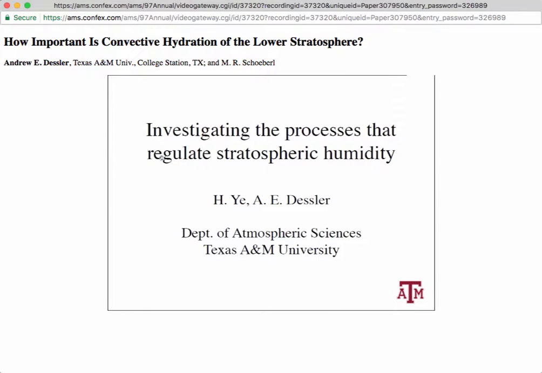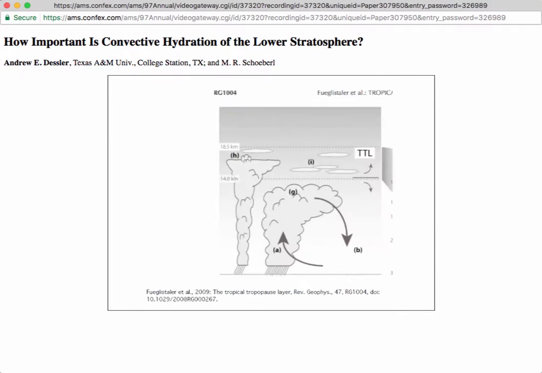Thanks. So I'm going to talk about variability of water in the UTLS, and this is work that Hao Yi, my graduate student, has done. He's unfortunately chained to his desk right now finishing his thesis, so I'm forced to present his work. Now, we kind of understand what it is that's driving